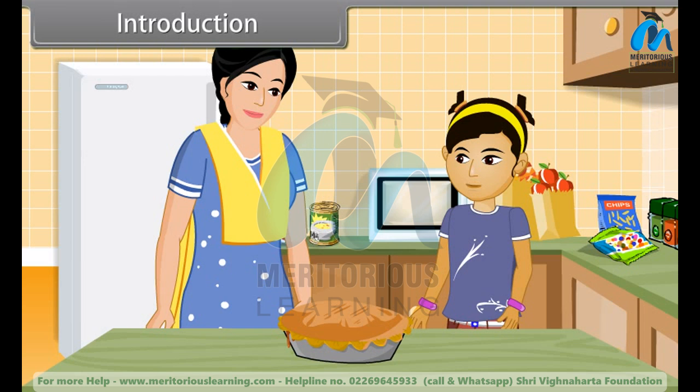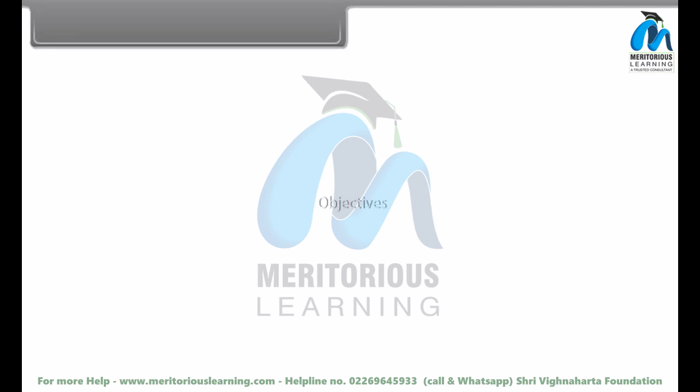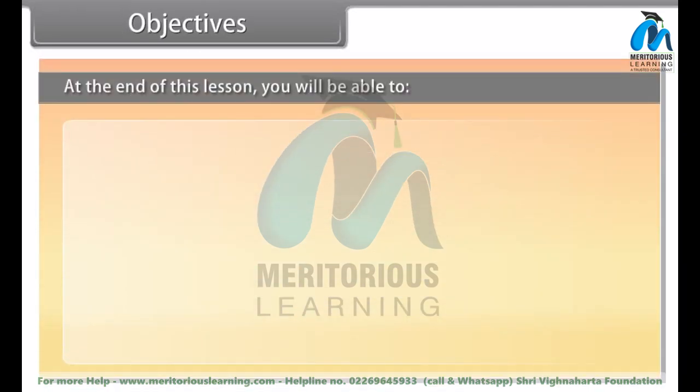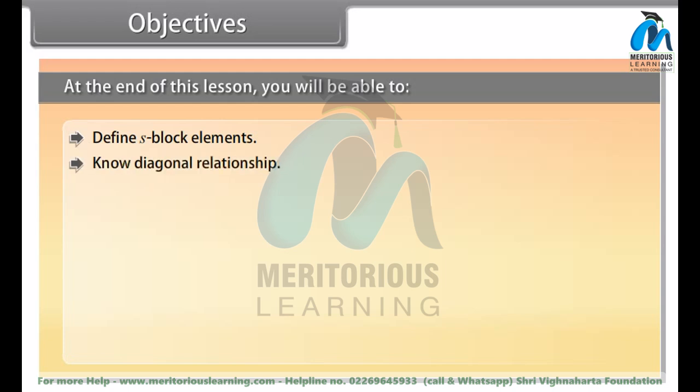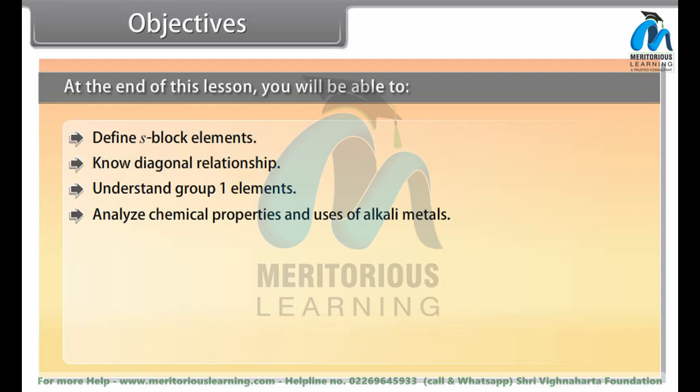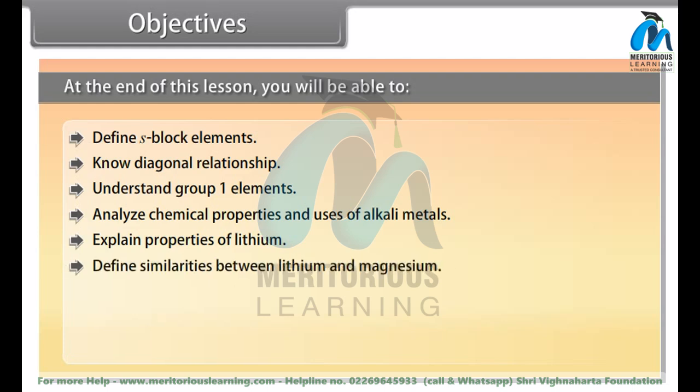Today we'll study about the S-block elements. Objectives. At the end of this lesson, you will be able to define S-block elements, know diagonal relationship, understand group 1 elements, analyze chemical properties and uses of alkali metals, explain properties of lithium, define similarities between lithium and magnesium, analyze